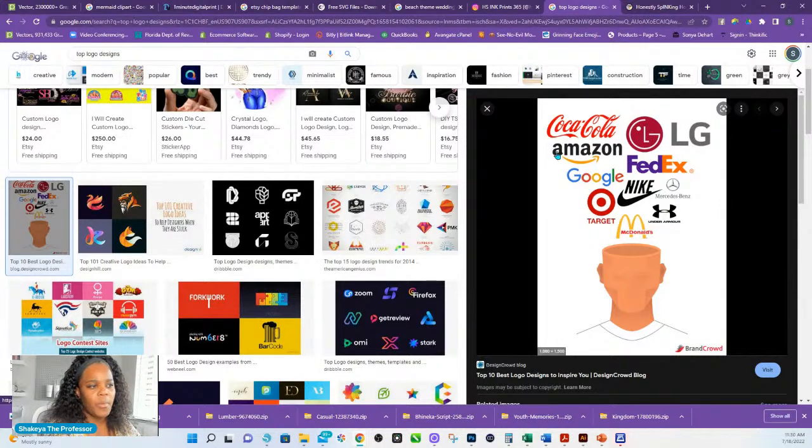For the Amazon part, it's a smile. Well, if we started off with a regular straight arrow, how can we turn that into a smile? Or how do we create this element right here? Where the arrow is, how do we make it to where the shape of the arrow is the shape of the bend in the Z? Those are the things that you have to learn and understand.